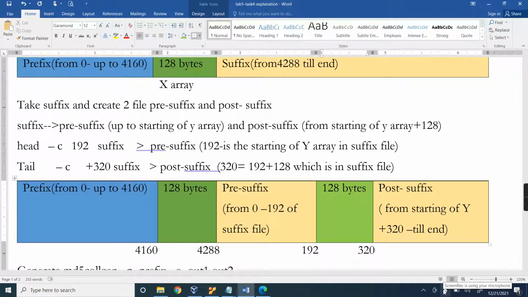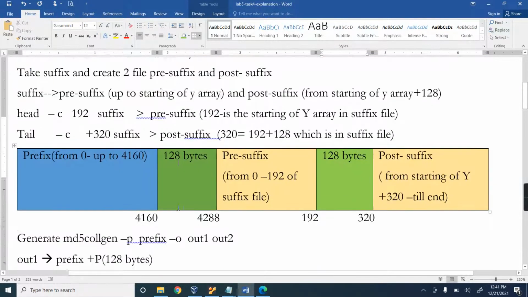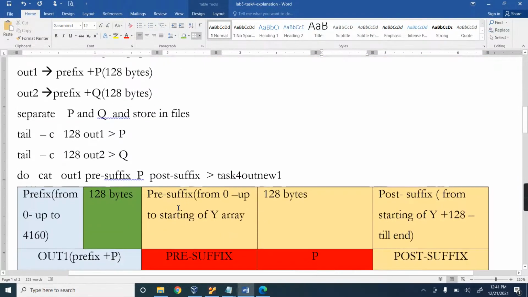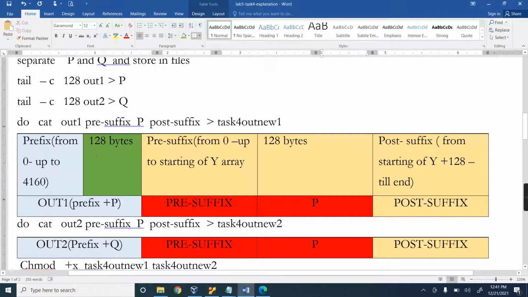Now in this 128 bytes I am going to replace P or Q, whatever it is. This file prefix plus 128 bytes will be considered as out1.